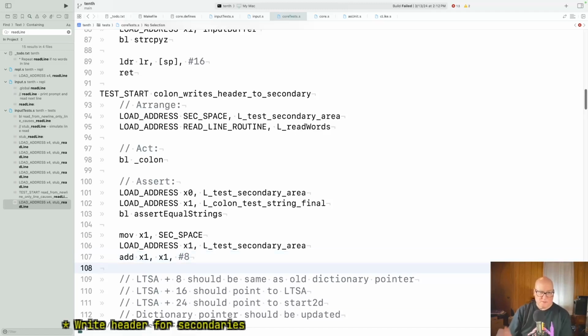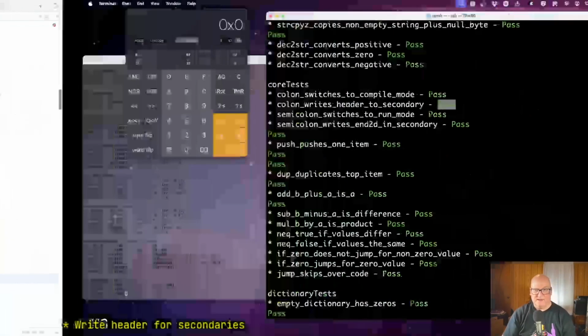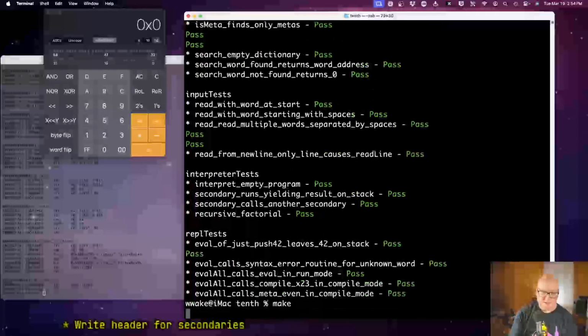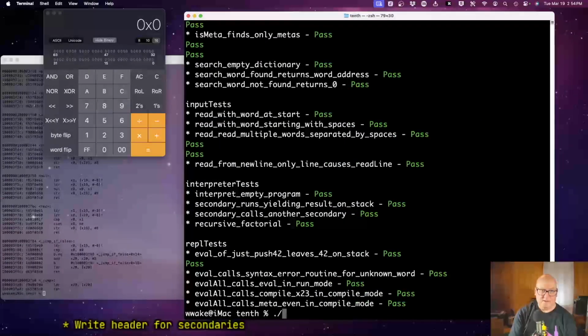Okay. So I'm trying to make sure the secondary space pointer is equal to the secondary test area plus 8, because we wrote less than 8 bytes, even counting our double zeros. Okay, so that should be assert equal. That's going to fail, pretty sure. Make, and then let's just do